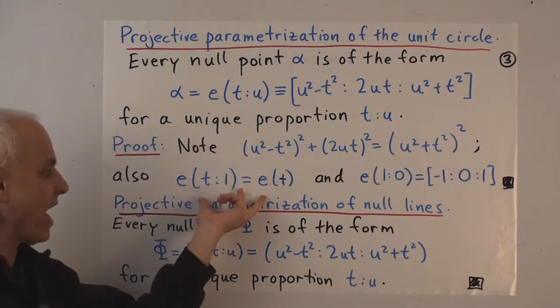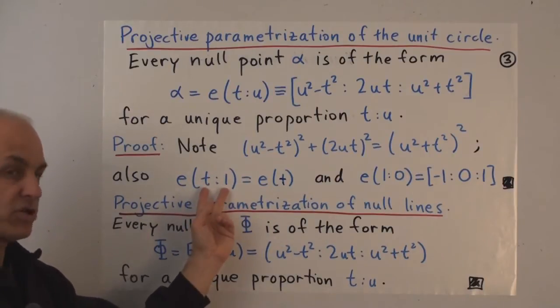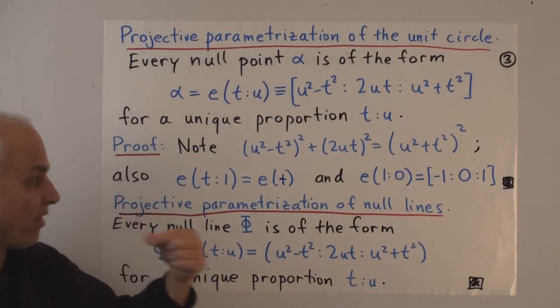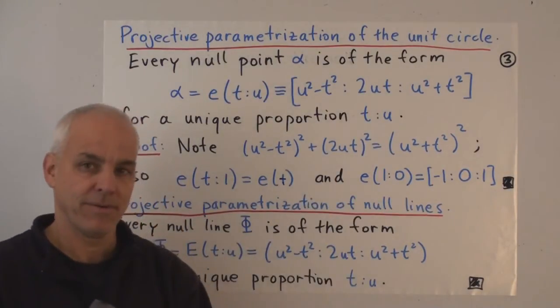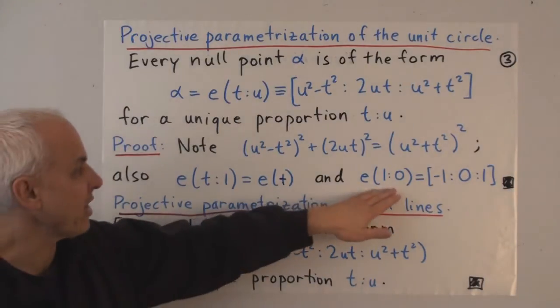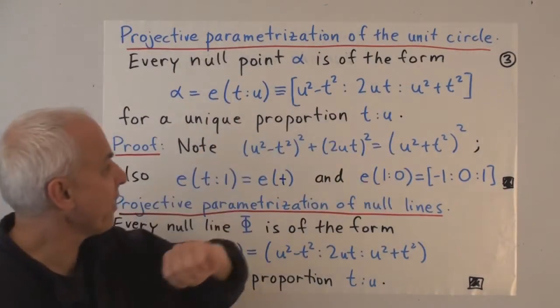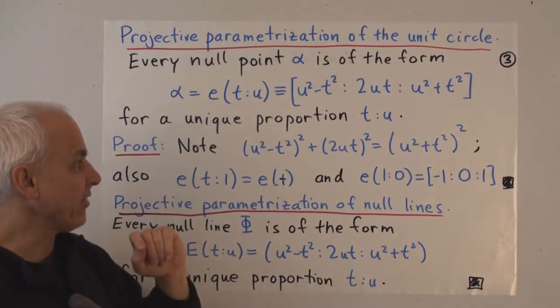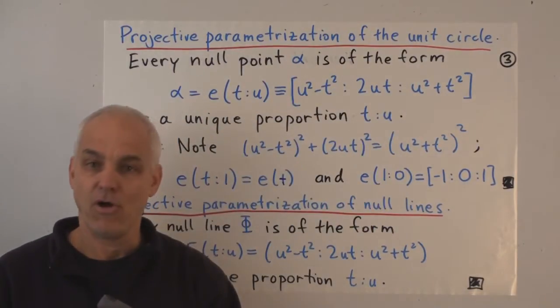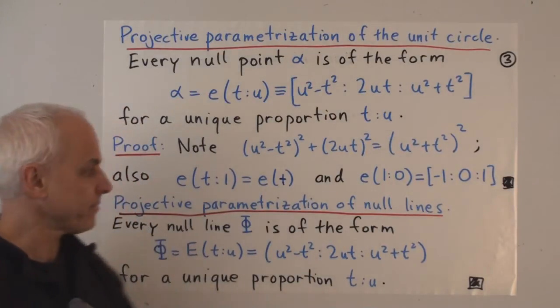So we're recovering the rational parameterization with proportions of this form, and we're recovering that extra point that used to be anomalous with this proportion. But now we don't have to worry anymore about this special case. When we just look at this formula here, any two rational numbers there, as long as they're both not 0, we're going to get a null point, and all null points are of that form.